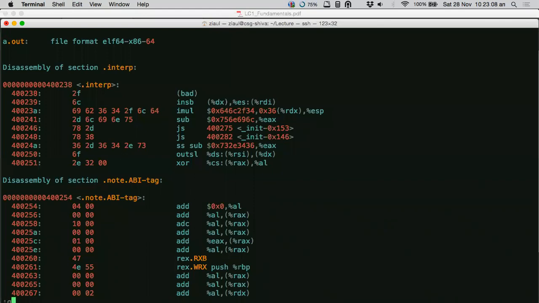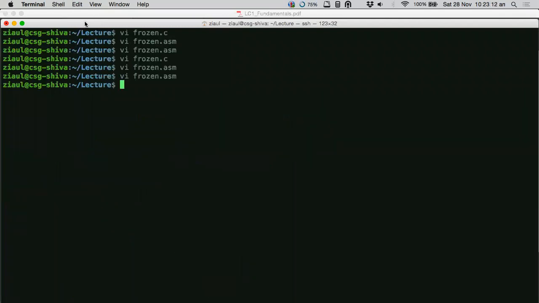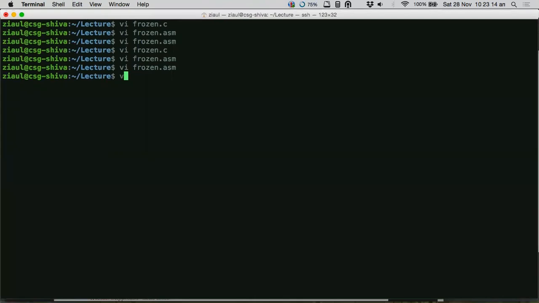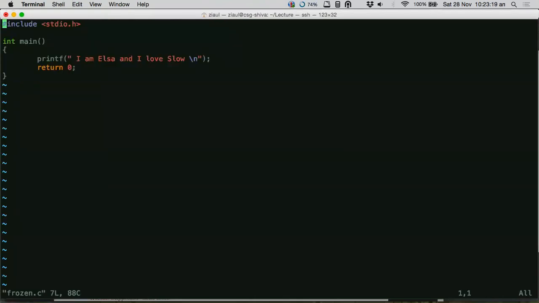Okay, if this point is clear, this is what I was showing you. This is a one line program, frozen.c, and this one line program has that whole assembly, or that whole sequence of number representation, which goes to a CPU.